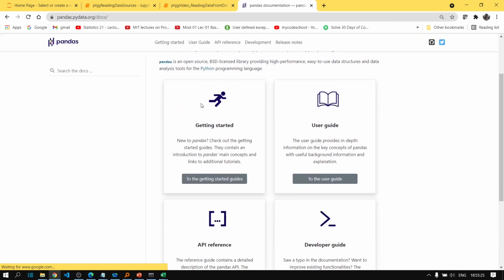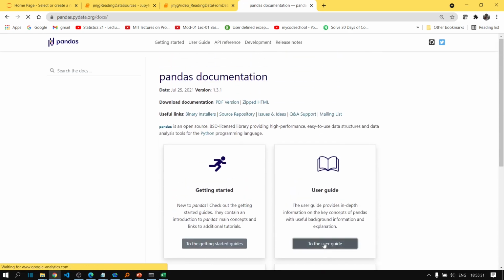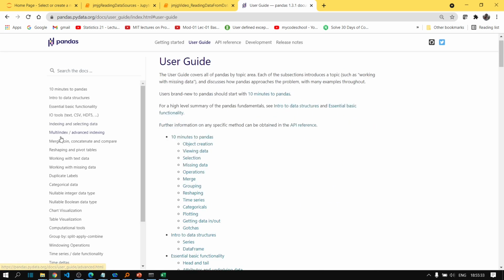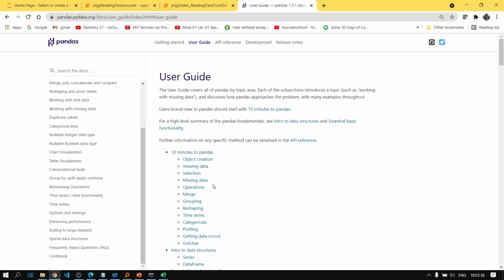Fine. So here you get all these things. Here you can search your read CSV or read Excel, and let's search it here.